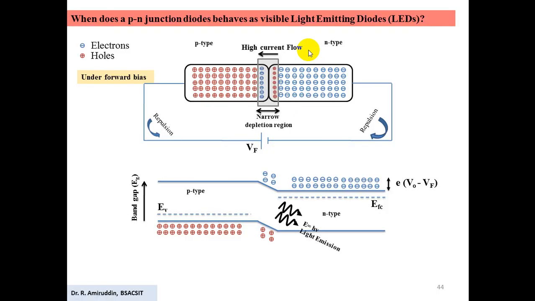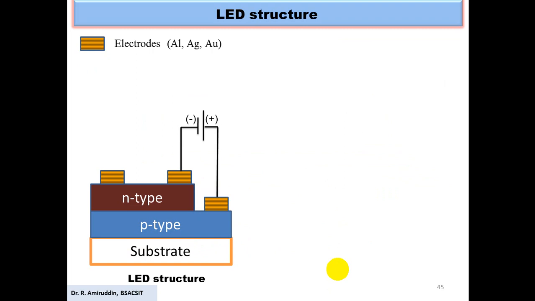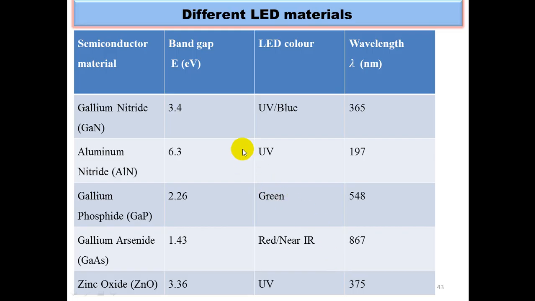So any LEDs or PN junctions which predominantly work under forward bias, when the electrons and holes tend to recombine, emit light, and this recombination depends upon the band gap of the material. So based upon the band gap of this material, the color of light which is coming out plays a crucial role. So that is what we have seen in the previous slide. Based upon the band gap of any material, the output color differs.